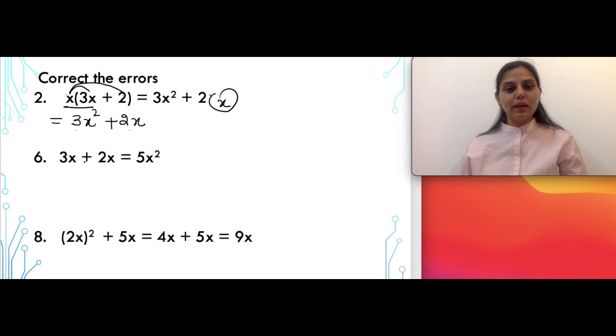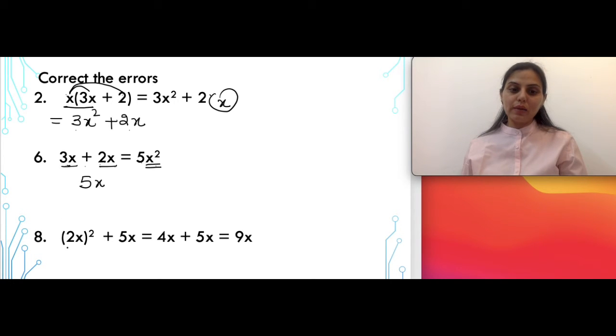Similarly, moving on to question number 6, we have done the concept of like and unlike terms in class 7 also. If you remember, like terms and unlike terms help us to identify which terms are alike. By looking at the variables, we come to know which terms are like terms or unlike terms. So here 3x and 2x are clearly like terms. So when we add them, 3x plus 2x should give the answer as 5x. X square you will get only when you are multiplying the terms. Here, since you are not multiplying the terms, and 3 multiplied by 2 will give you 6, not 5. So here the answer should be equal to 5x, not 5x square.